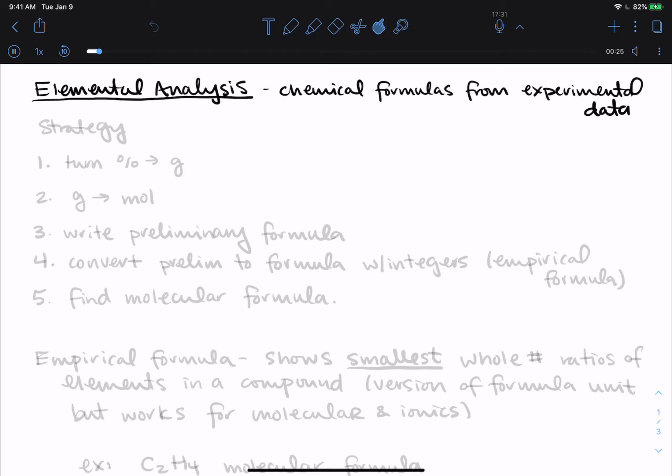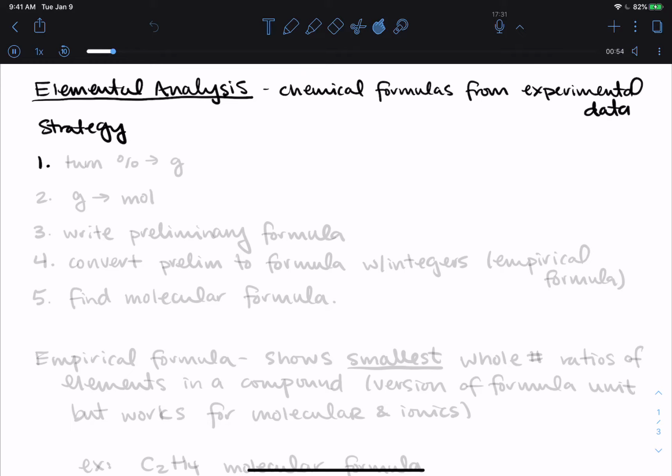So what I'm going to give you first is a strategy. When you are doing these practice problems, you can just use the beginning part of this video to prompt you for the steps that you need to take until you feel comfortable moving away from these strategy steps, but you'll have the examples throughout the rest of the video in case you need help with a particular part. So our strategy